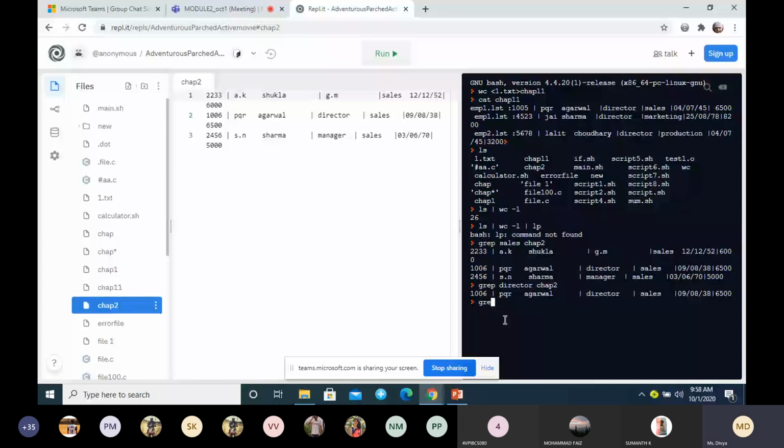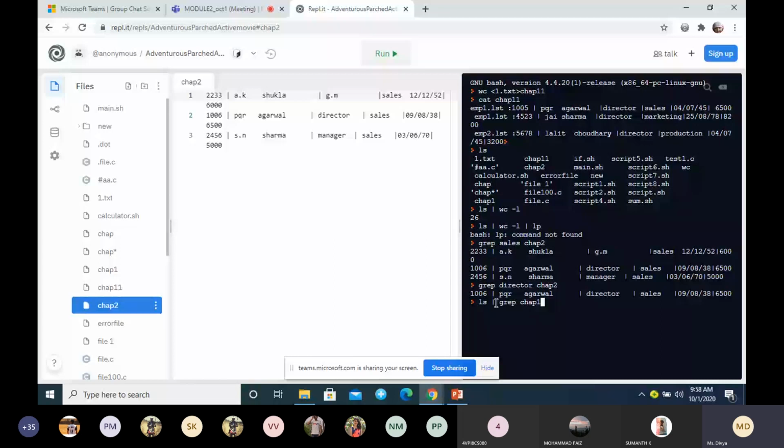I'll give one more example. We have executed the ls command here, and then grep chap1. This is the concept of a pipe.